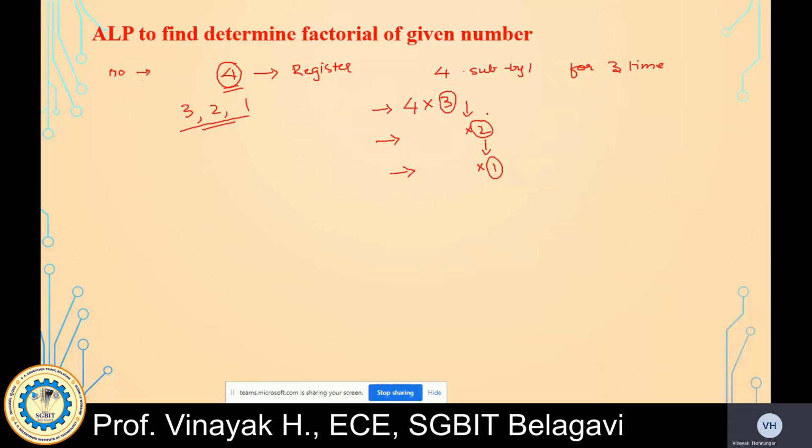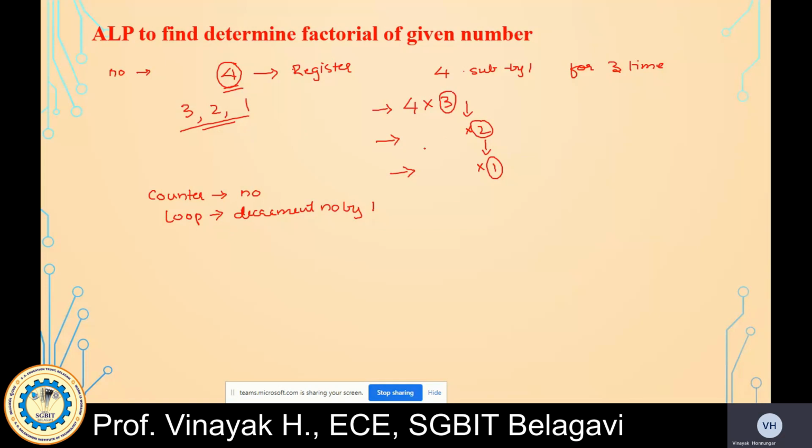So you have to take a counter wherein you store the number, and you have a loop wherein you decrement the number by 1. And also in the loop you will be multiplying the number with the number below it, whatever the result is. So this is how we are going to do the factorial of a given number.